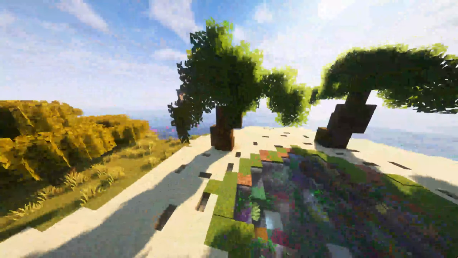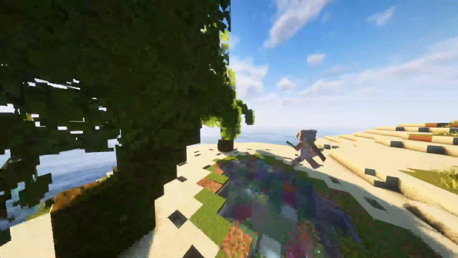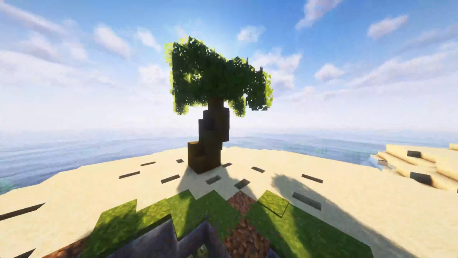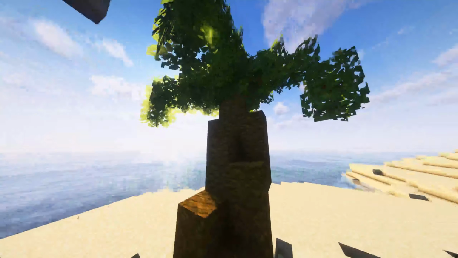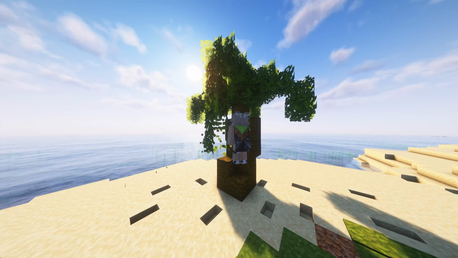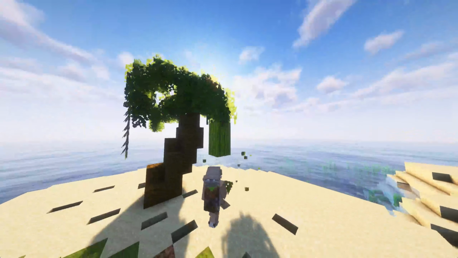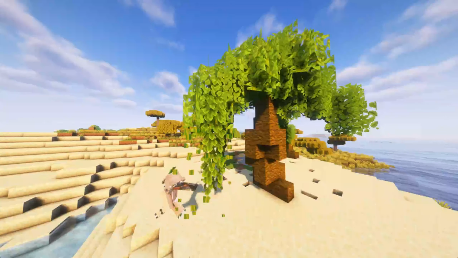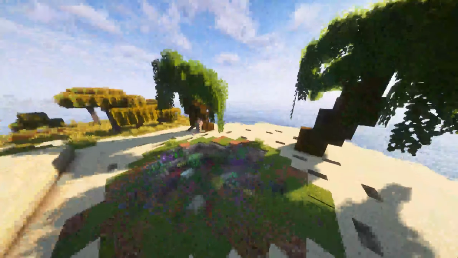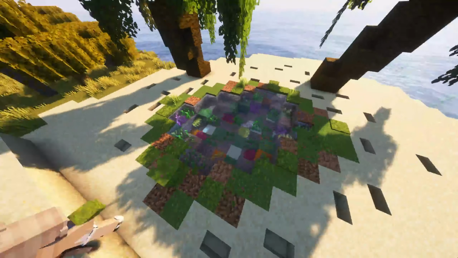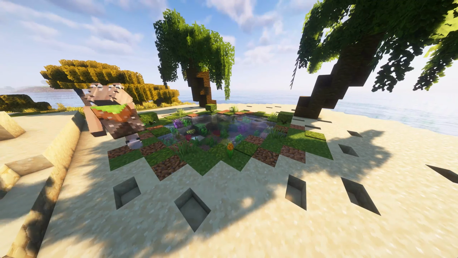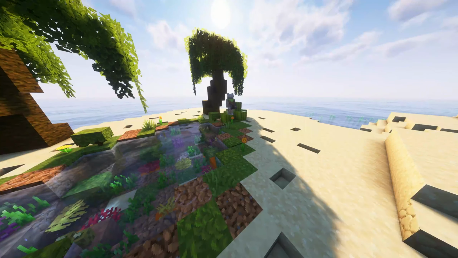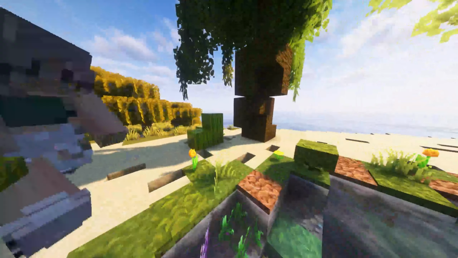And then I decided to add some vines on the ends of many of the leaves, and that helped to create an even more overhanging and droopy kind of look for these palm leaves. And you can just place a couple blocks under them, place the leaves, and then break the blocks that you placed. In order to do that, I then add a little more pond decor with azalea bushes, grass, flowers, and